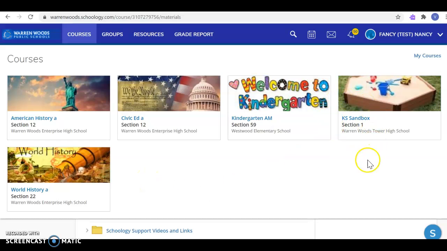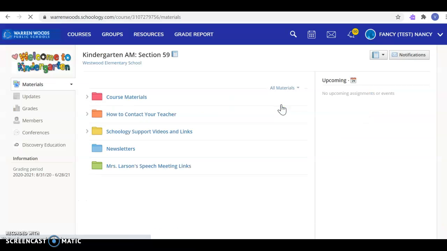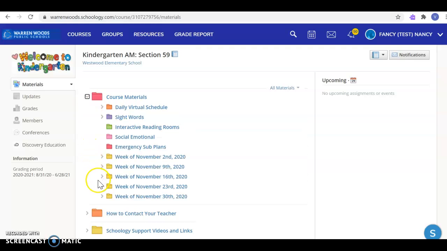This is Schoology. This is just a test student account, so you can see what it should look like from your end. On your courses, when you click the course tab up here, Welcome to Kindergarten, this kindergarten section 59. This is Alexa's kindergarten class. If you click that, and then click course materials, and then choose the week that we're on,